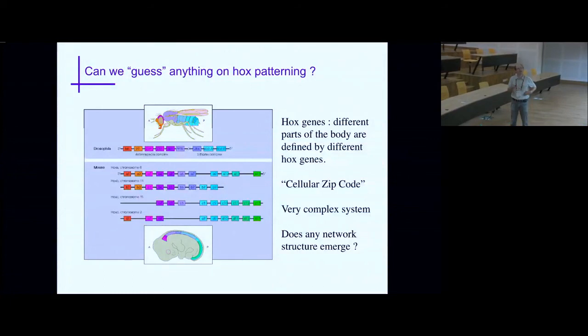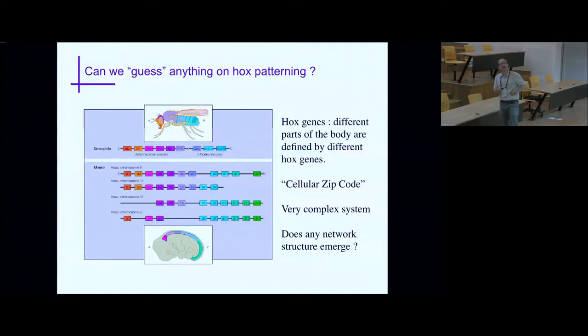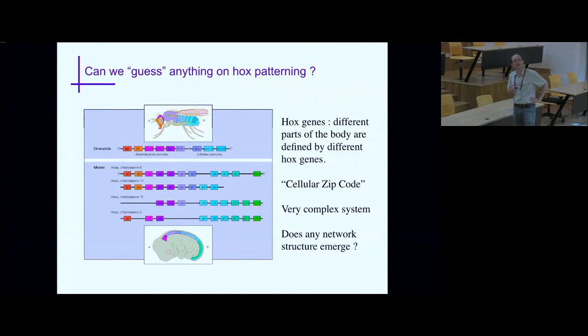So I'm going to tell you about it. It's a bit the same story, but for Hox gene patterning. I don't know if you've heard about it. If you have different animals, the different regions are defined by different Hox genes. Obviously it's coupled to segmentation, but you have specific genes that are expressed in the thorax, in the abdomen, in the head, defining different regions of the embryo. Essentially the gap genes are derived from Hox genes, so it's very similar to gap genes.